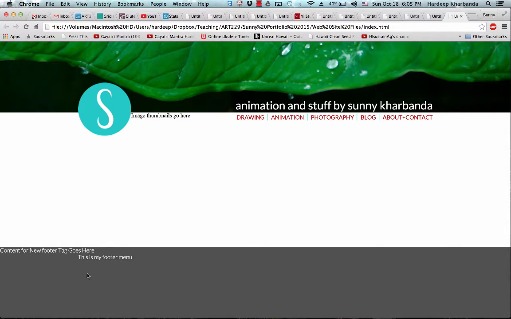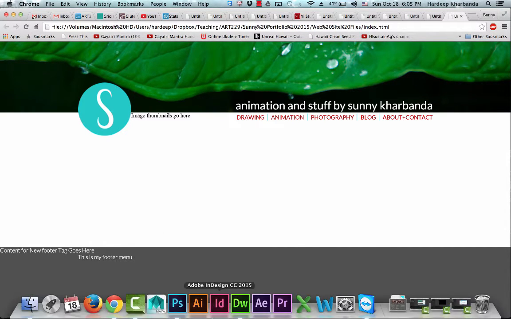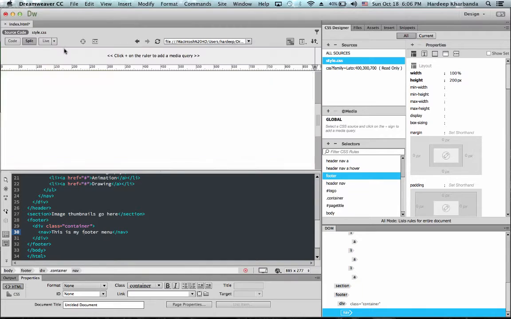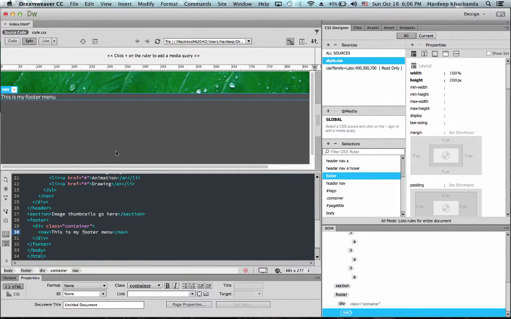So you see what the container div is doing. In my header, I have a container div that contains all of this stuff. But this text is outside my container, so it sticks to the left of the window. I actually don't need this text. It was placeholder, so I'm going to go ahead and delete it. So now all of the extra text is gone, and I'm free to go ahead and create my footer menu.